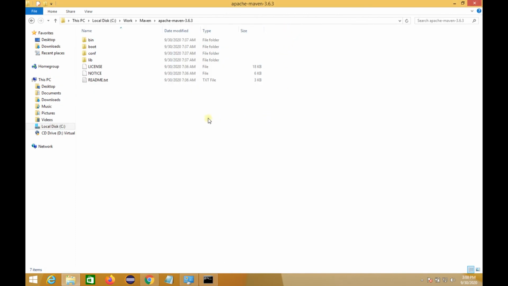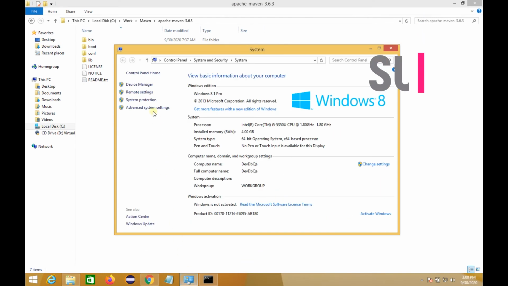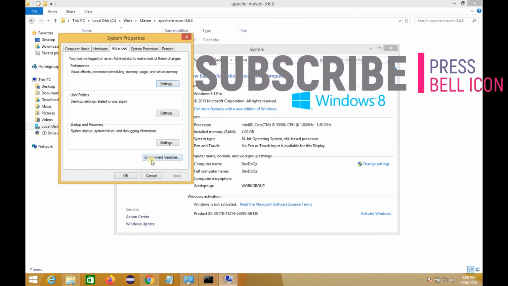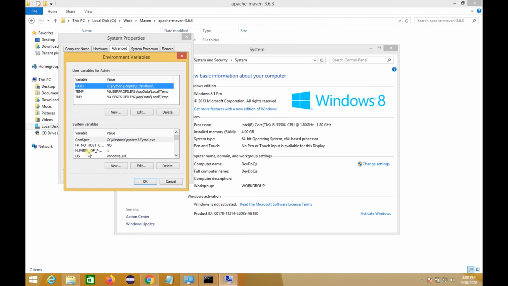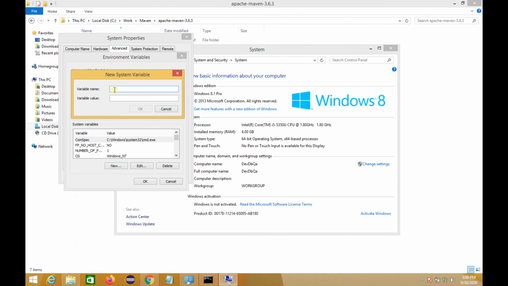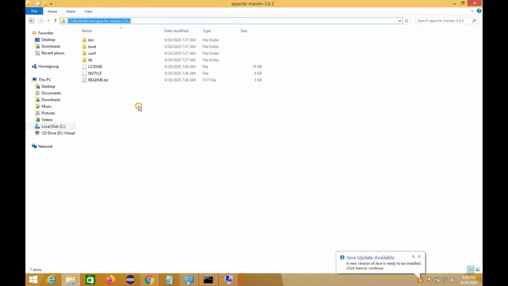For configuring Maven on our system, we have to set the environment variables. For setting the environment variables, we have to go to our system settings, environment variables, and in the system variables we have to make a new variable, MAVEN_HOME, and the value of the variable will be the path to this Apache Maven 3.6.3, right?